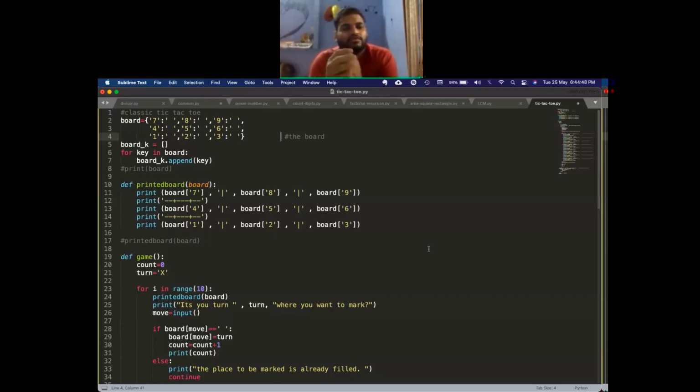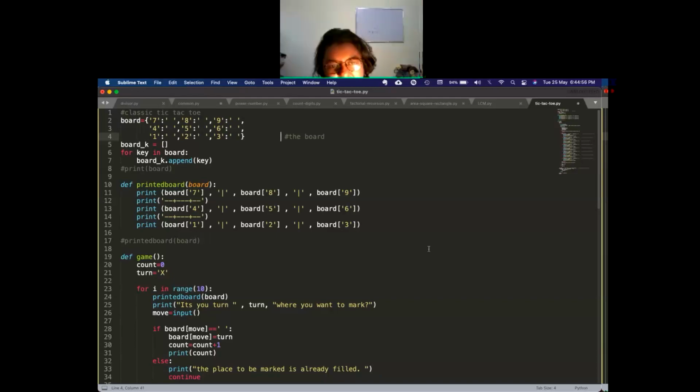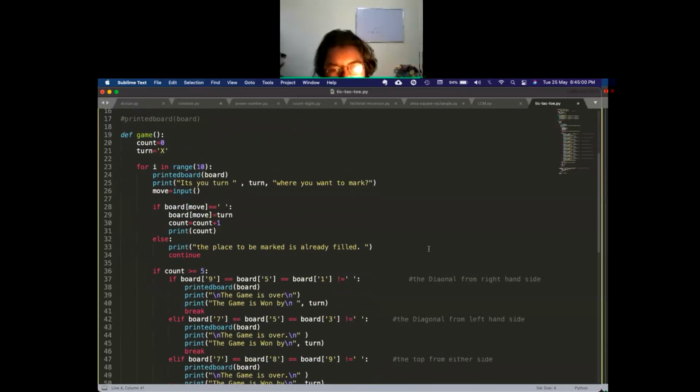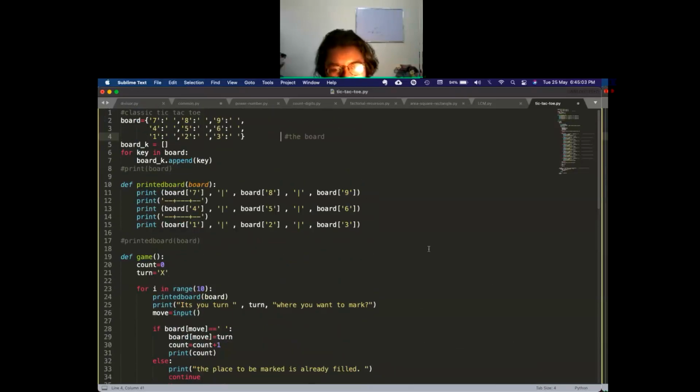And then I have created code so that I can print it every time I update my moves. So, you created a global dictionary, using that, okay, fine.